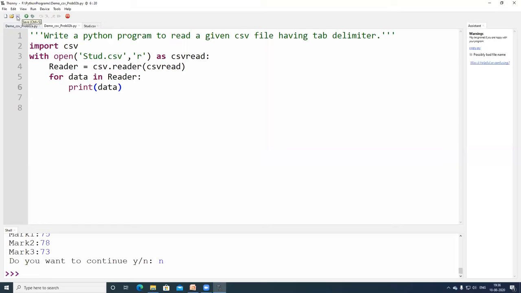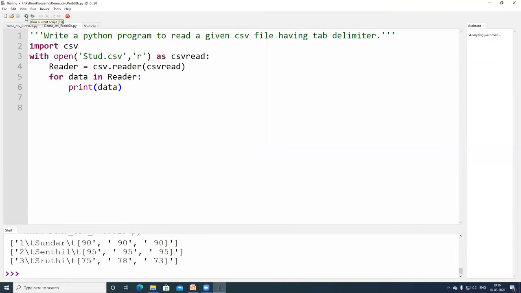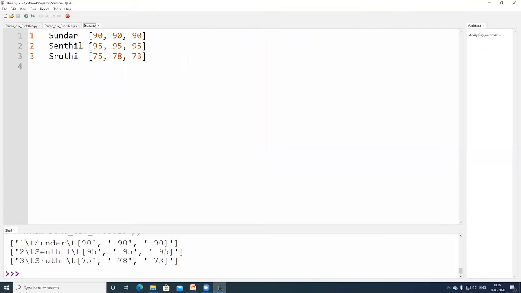I have saved this program. Now let me run it. See here, the tab is shown, whereas in this editor they give only 4 spaces. Here the tab is mentioned, a different delimiter. This is what the second problem is.